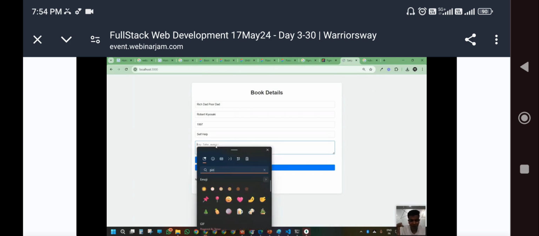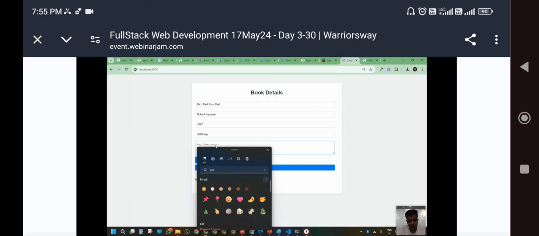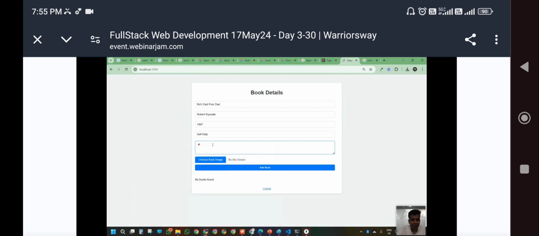If you want to get this emoji part, most people know Windows plus period, so you'll get this icon view. So I'm going to add the pin, the first key takeaway is